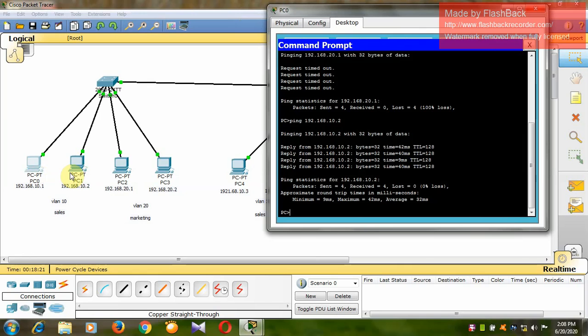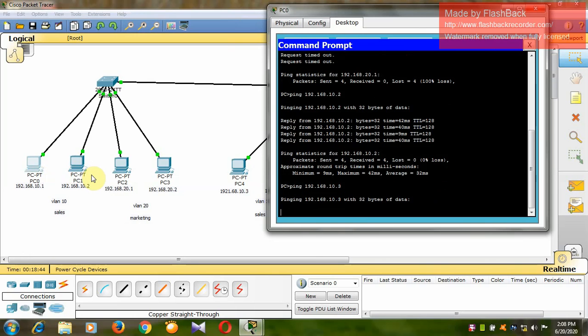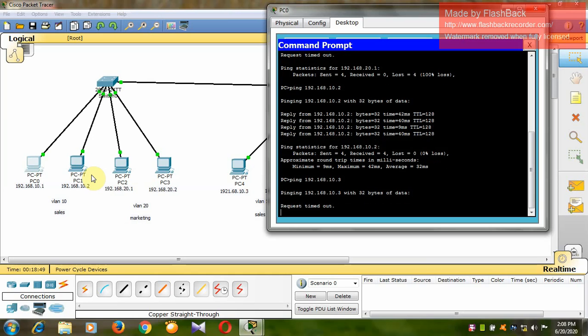So PC0 and PC1 belong to VLAN 10, the same network and the same switch. Now let me see what happens if I try to ping the PCs on the other switch, 192.168.10.3. You can see here we are not going to get the reply.